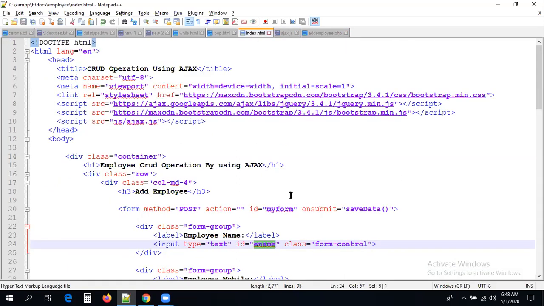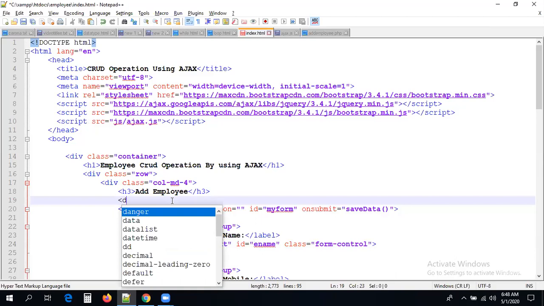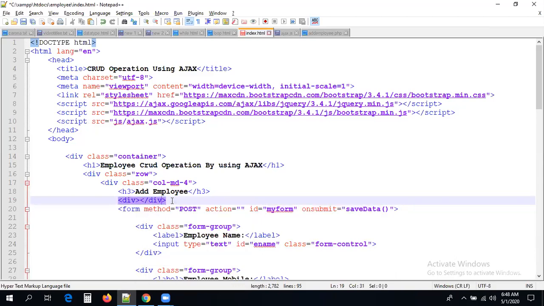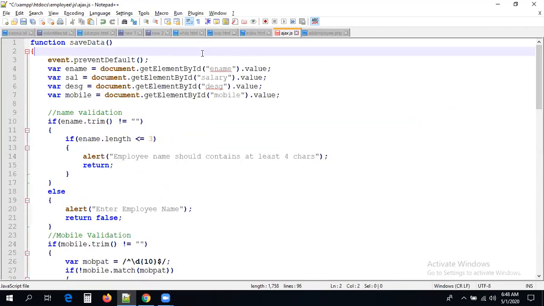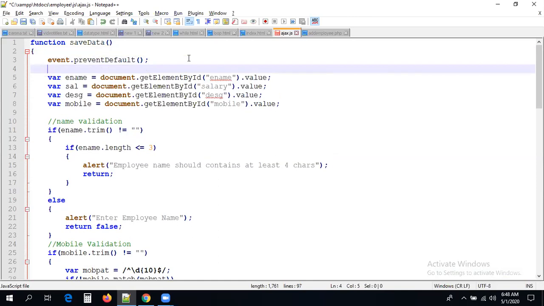So let us go here and add one div to append the success message, and give it an ID. Success underscore message is my ID here. Save the file first. I'm just getting the div here, above the page or in the Ajax call also, no problem. So let me take a variable here, sdiv, success div, equal to document dot getElementById. What is the ID we have? The ID is nothing but success message. Done.